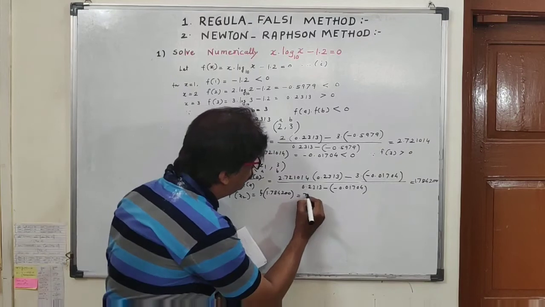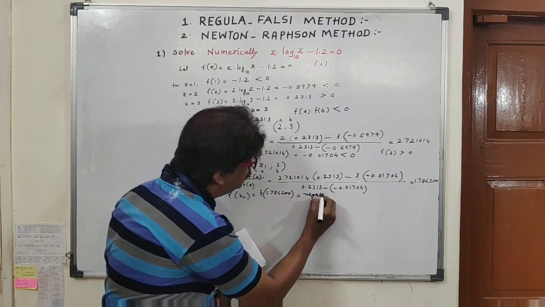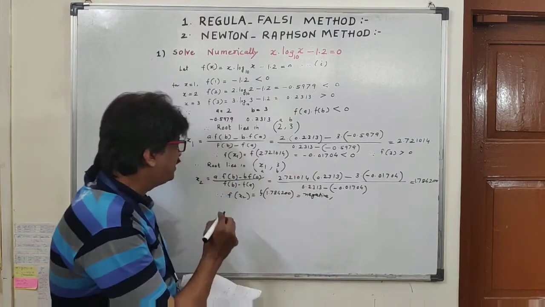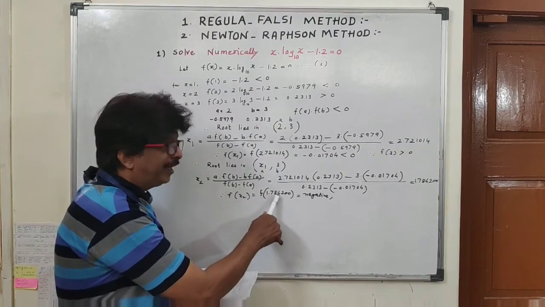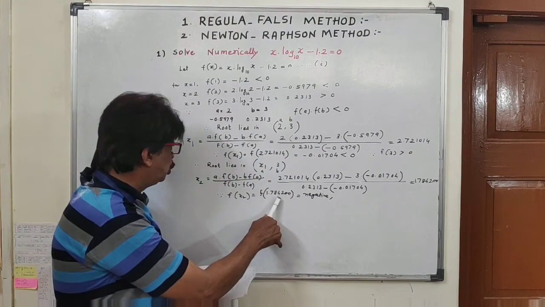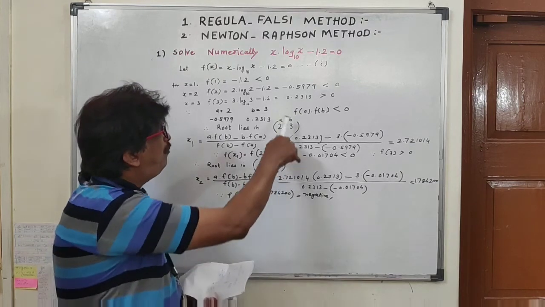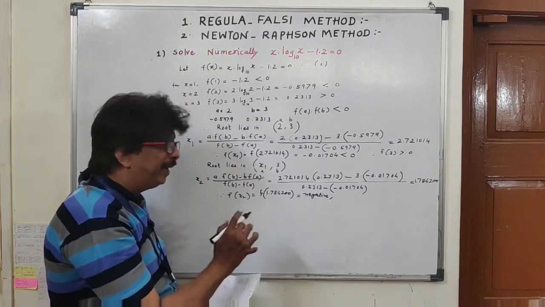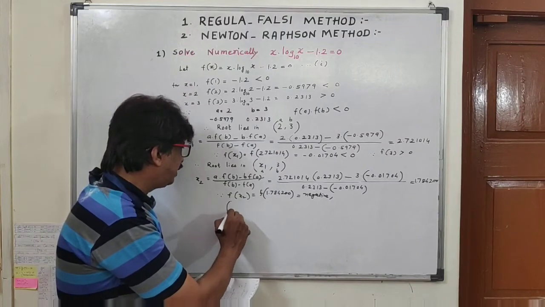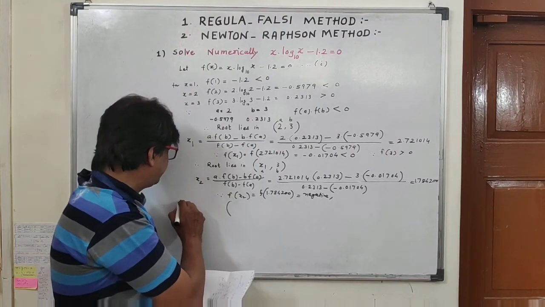Is again negative. What does it mean? Now the f value of this point x2 is negative and f of 3 is positive. It again means that the root lies in